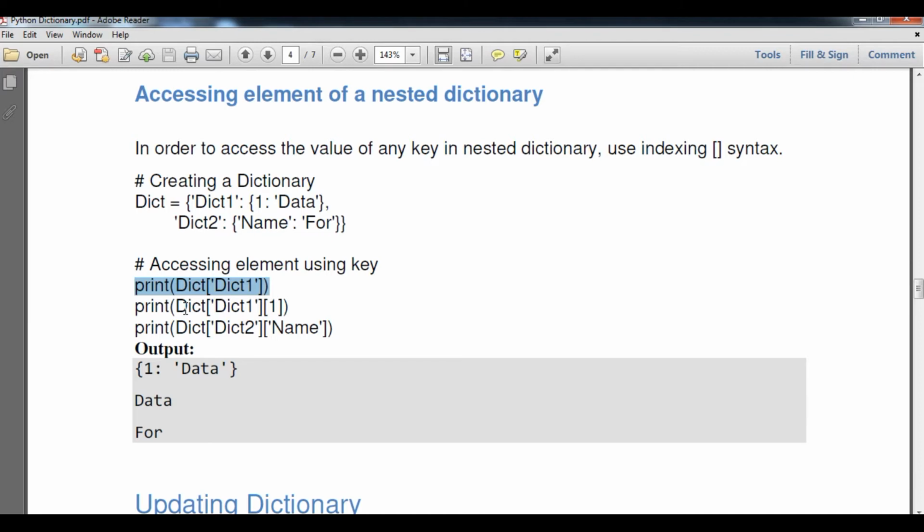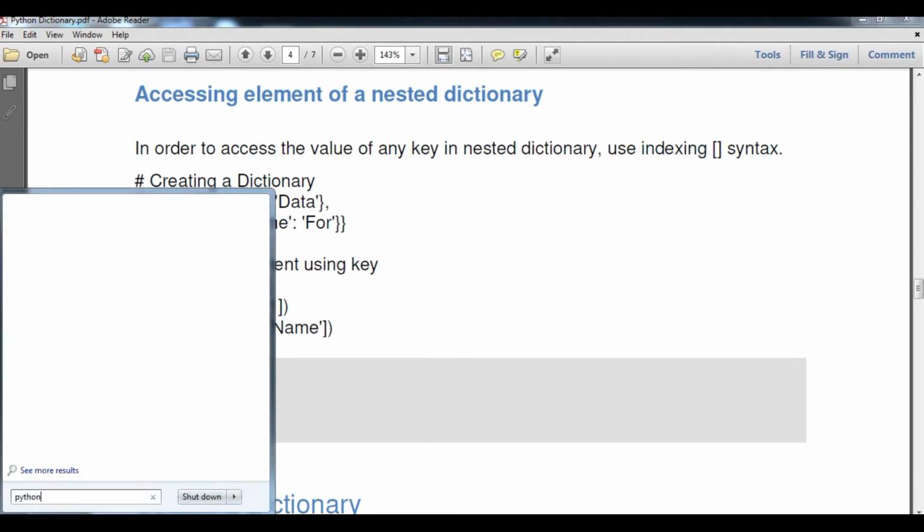So print dict, that is this dictionary variable, then the key dict1 and then 1, so it will print data, because dict of dict1 of 1 gives whatever the key 1 holds inside dict1. We will do the same thing for dict2, using dict2 as the key and then the key of dict2. So we have to do it practically, student.